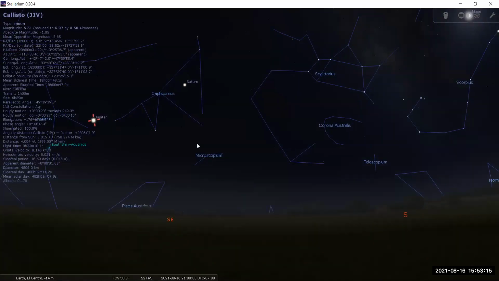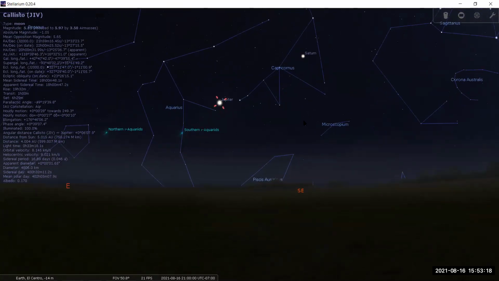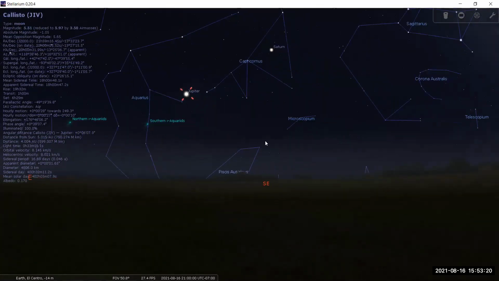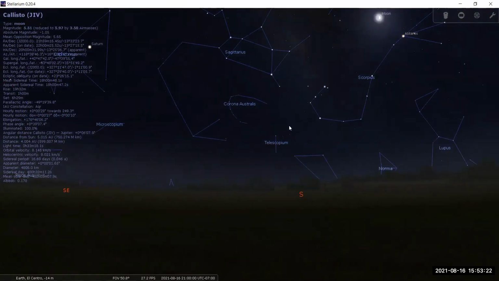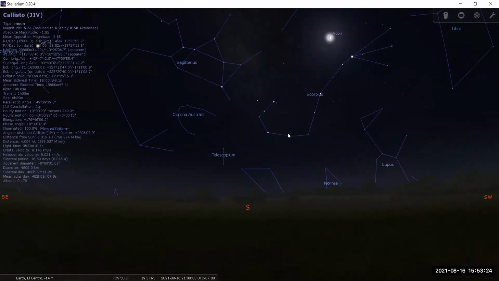Where is the south in here? Okay, this is Sagittarius, which is a big deal here, and this is the Scorpion.